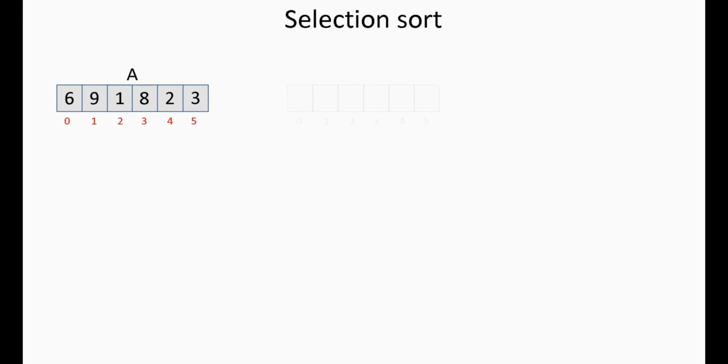To sort this list, we can create another array of same size as A. So we have another array of size 6, let's name it B. Now we can start creating B as a sorted list by selecting the minimum from A at each step. There will be multiple passes on A. In the first pass, 1 will be the minimum, so 1 will go to the first position in B, which